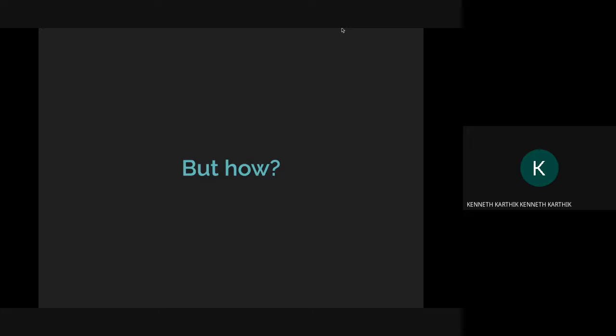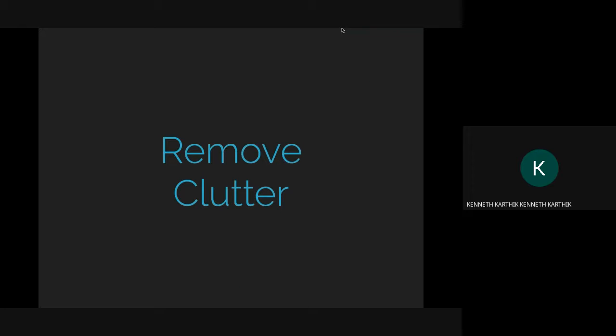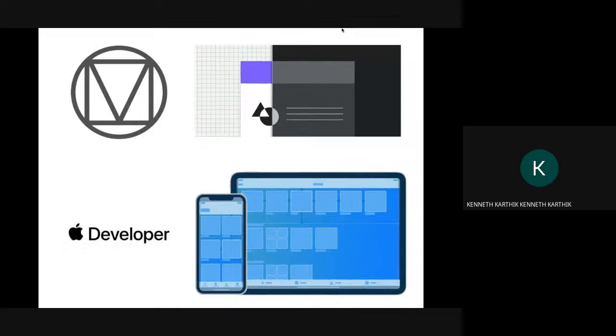We had to brand the application, so we called it Paper, which is similar to PayPal, but then just payments as simple as paper. And since money is also paper. The whole idea was to remove the clutter from payment applications or fintech apps. So the first thing we had a look at for this was the design systems, which I actually spoke about earlier today. Since payment applications are primarily mobile apps first, we were looking at the design systems for mobile.